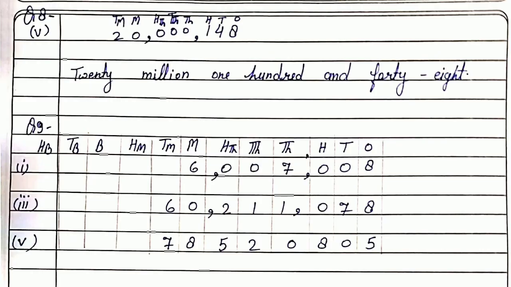Now question number 8, fifth part. As you can see the number, first we mention all the periods according to the international system, then we will write the number name. See here 2 is in the 10 million place, so we will write 20 million, because after 2 nothing is given, and then the million family is going to finish, so we will write directly one time million. Now in the thousand family no digits are given, so we will not write, we will skip that, and then in the 100 place 1 is there, so we will write hundred, and then 48 directly we will write. Clear?